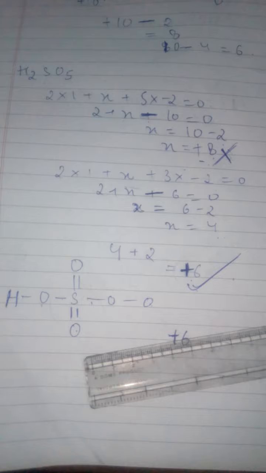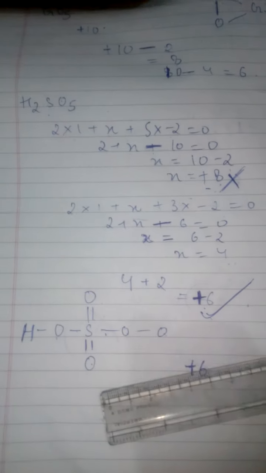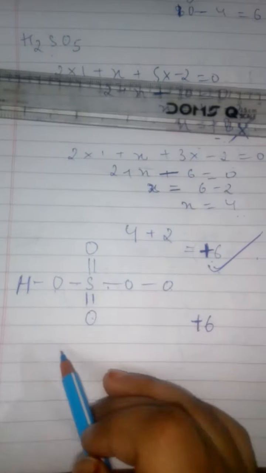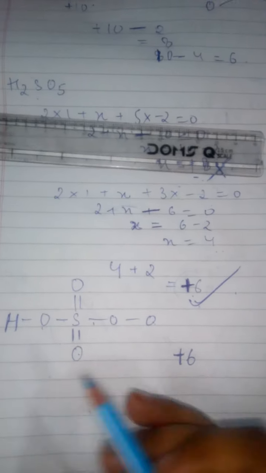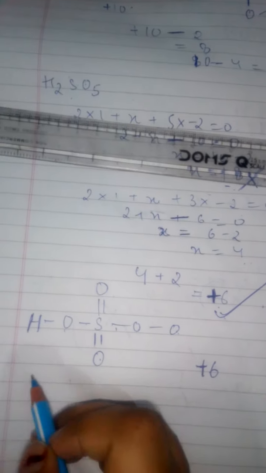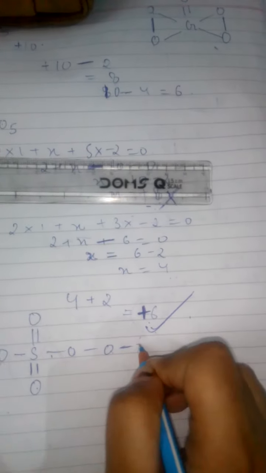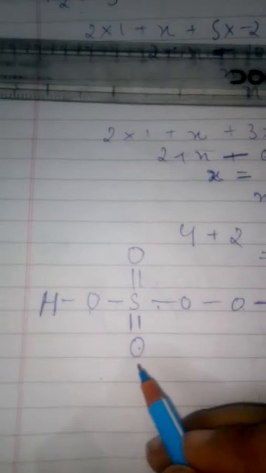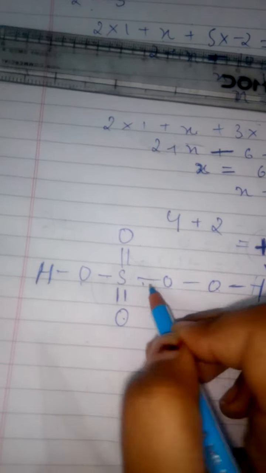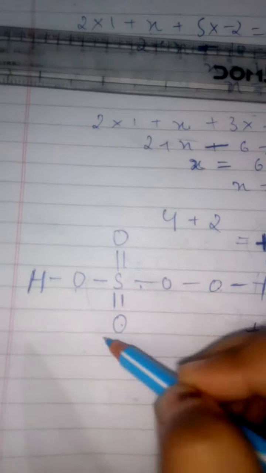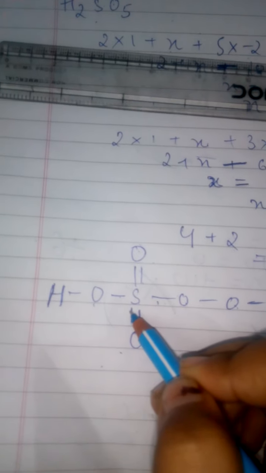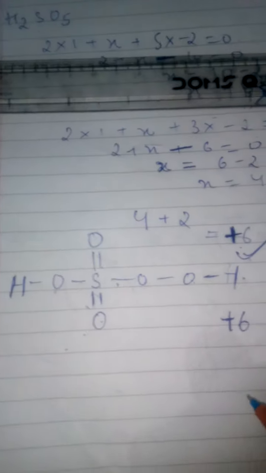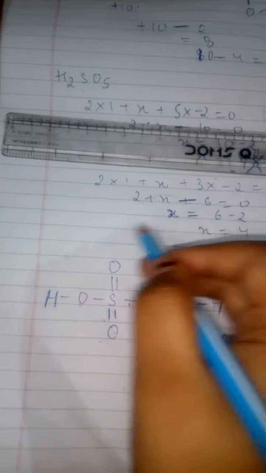This is the way to find the oxidation number without the help of a structure. Now in the structure method, I have also told that this is the structure of H2SO5, and here you can easily count the number of bonds attached with the sulfur, that is 1 2 3 4 5 6. And in the case of sulfur and oxygen, oxygen is more electronegative, therefore sulfur acquires the positive charge, and by this way its oxidation number is coming +6. So this is the way.